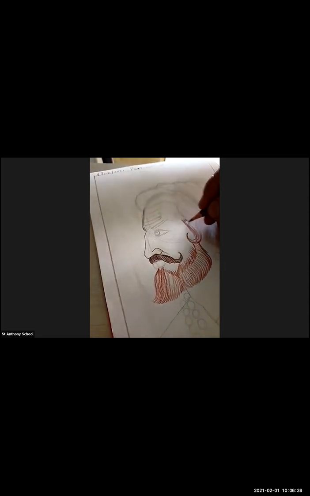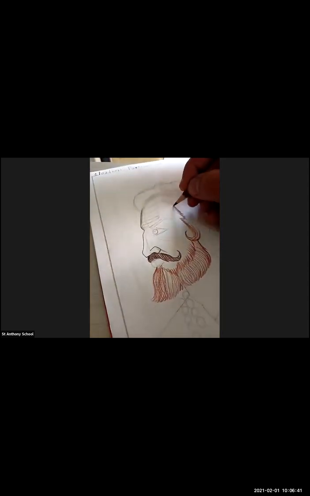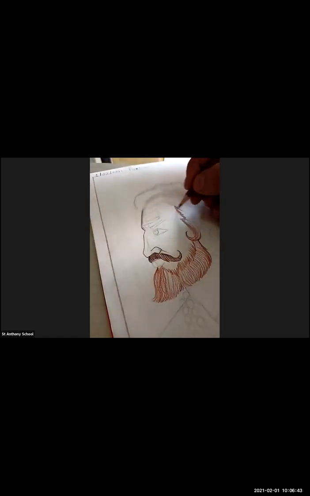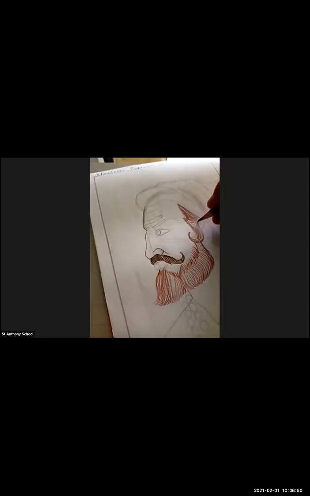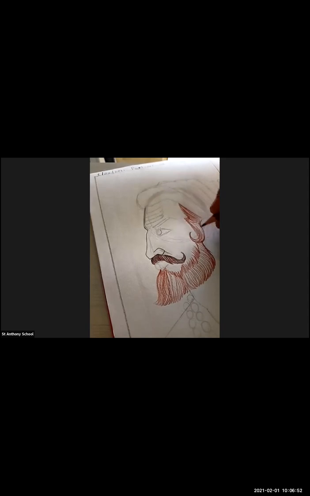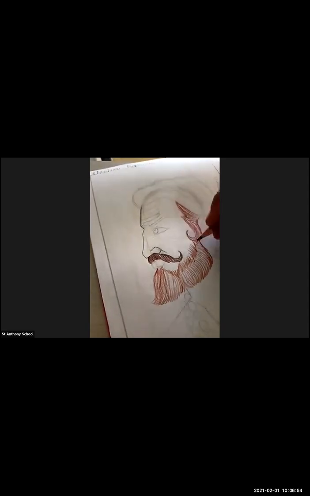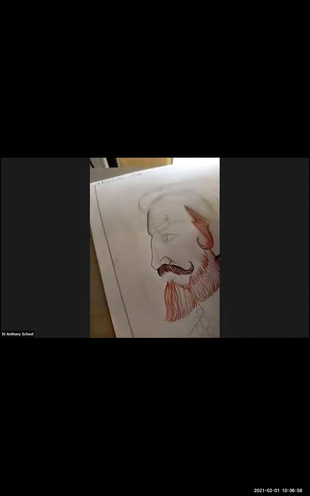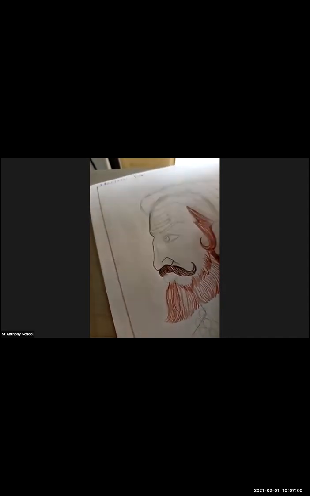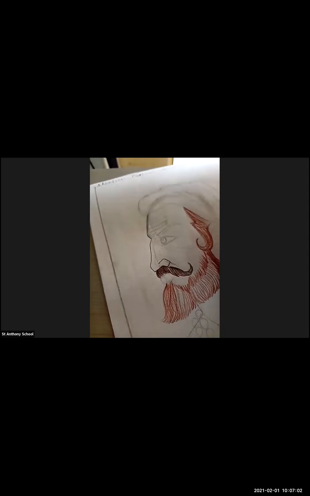Coloring the hairs. Why I'm using brown to show the lighter tone, okay? That's the reason I'm using brown color, and later on I'm going to use the dark brown and black color. Just look at this.